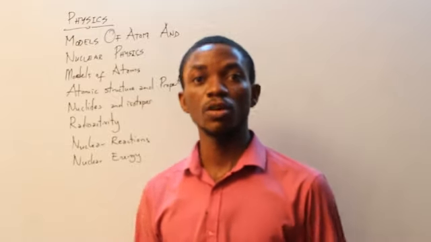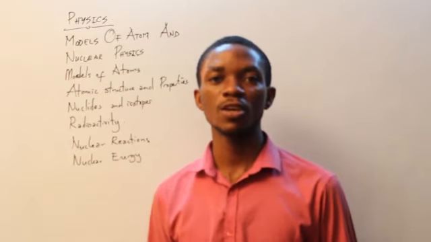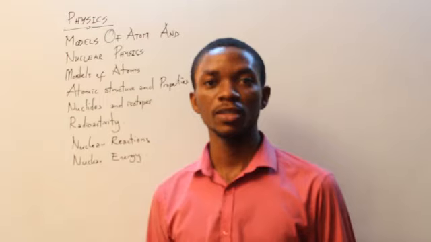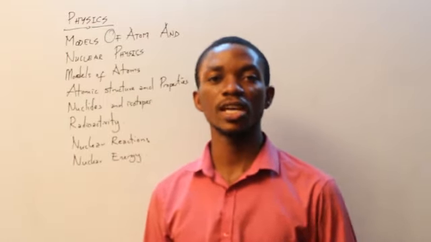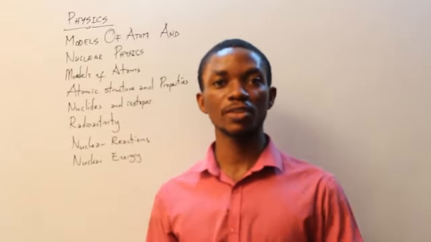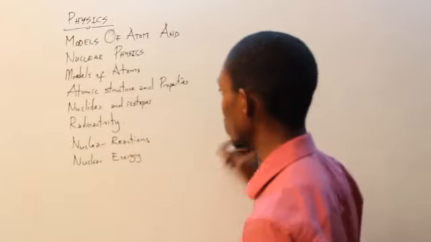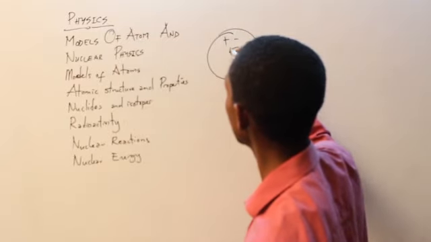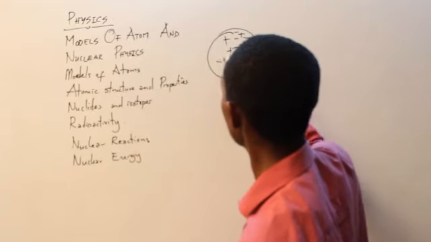Models of atoms. Over the years, different scientists have proposed different appearances of what the atomic structure is like. At the beginning, J.J. Thomson discovered the electrons, and an atom was thought to be made up of different components, all of them just scattered. He drew his own structure, claiming that the atom contains positives and negatives all over the place, something like that,